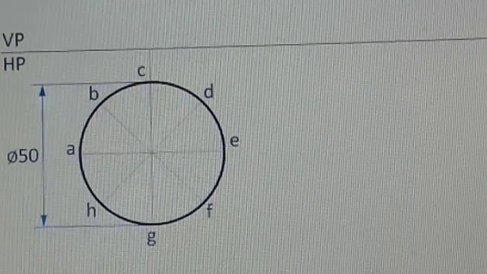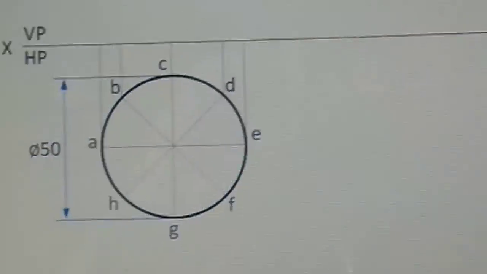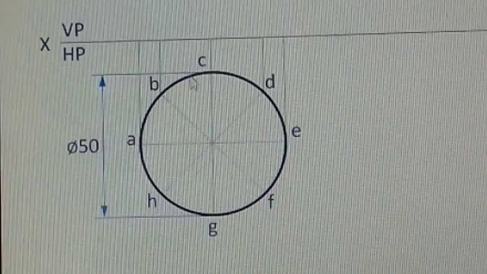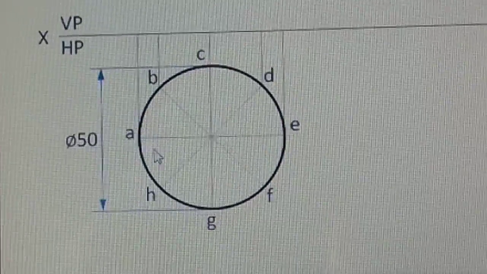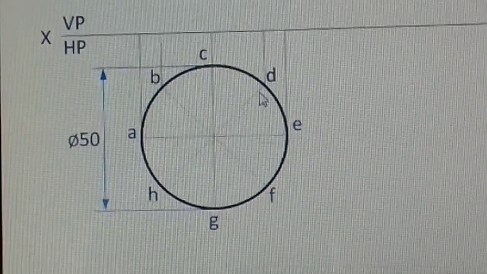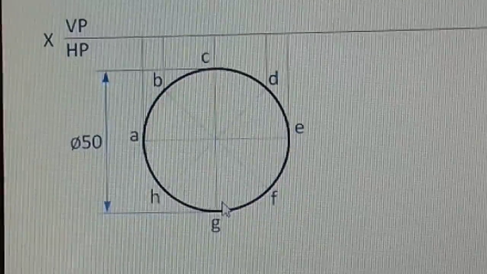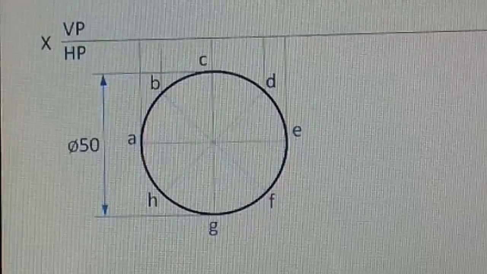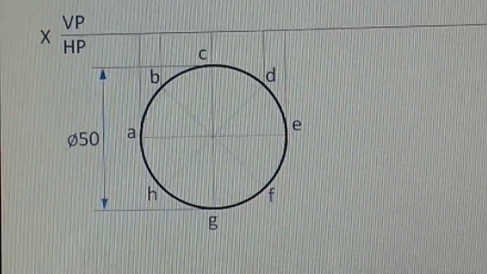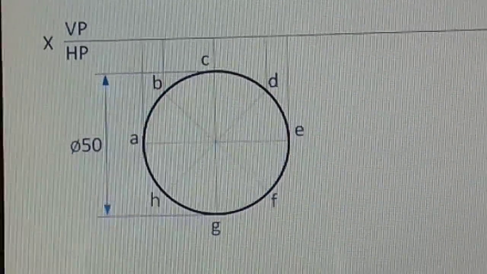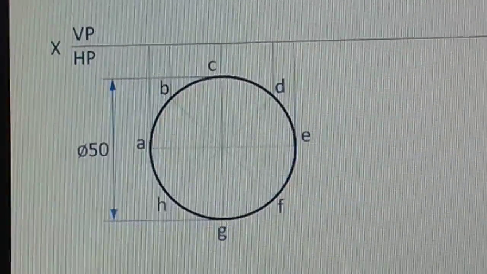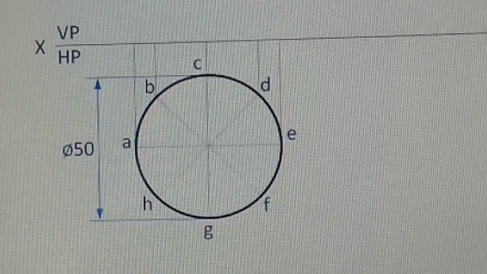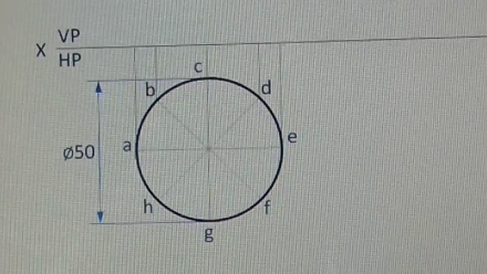Then you name each point obtained on the rim or on the circumference of this circular lamina as A, B, C, D, E, F, G, H. Likewise, you name the points obtained on the circumference. Then we are going to draw its front view. You project from each point on the circumference. You draw the vertical projections in the upward direction that touch the XY line.